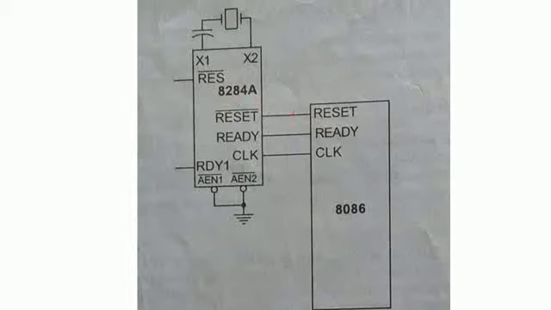In order to compensate for this, in this diagram it is not shown, but we are supposed to have one inverter. I am simply indicating that inverter with a bubble sign. So I am just taking one circle, which means we should have the inverting operation. If we are having the inverting operation, then everything is good, fine. Okay, so this is all about your 8284.